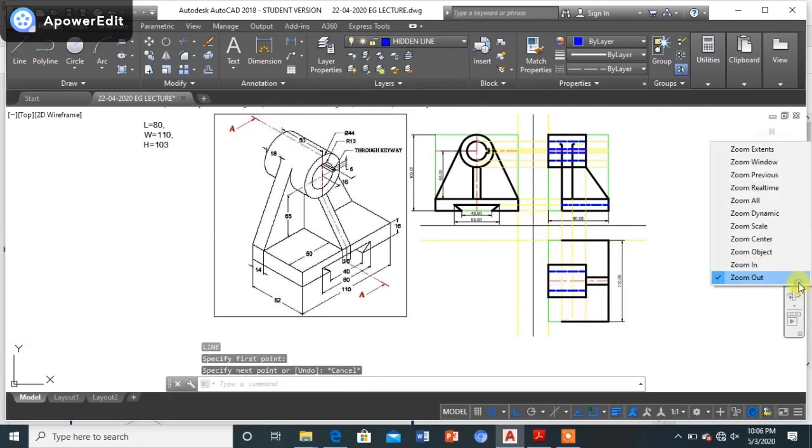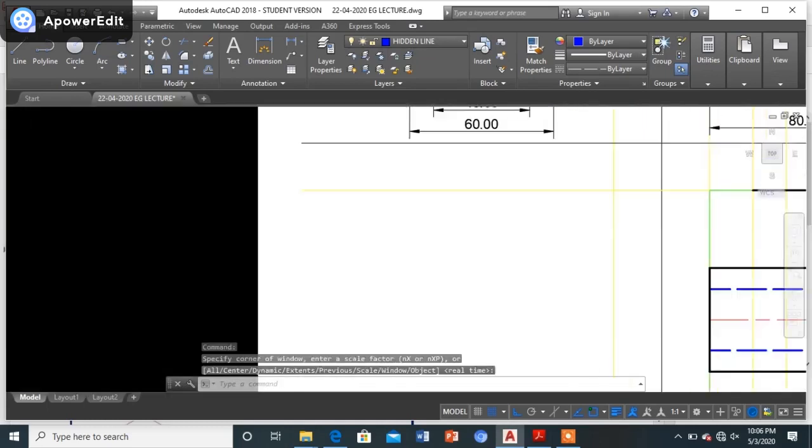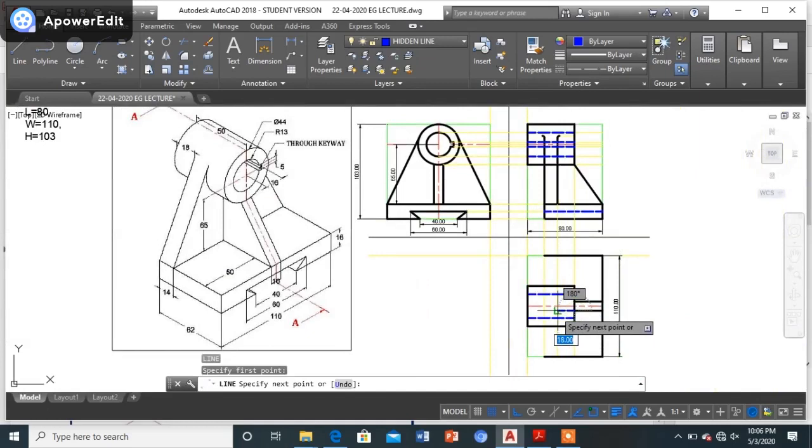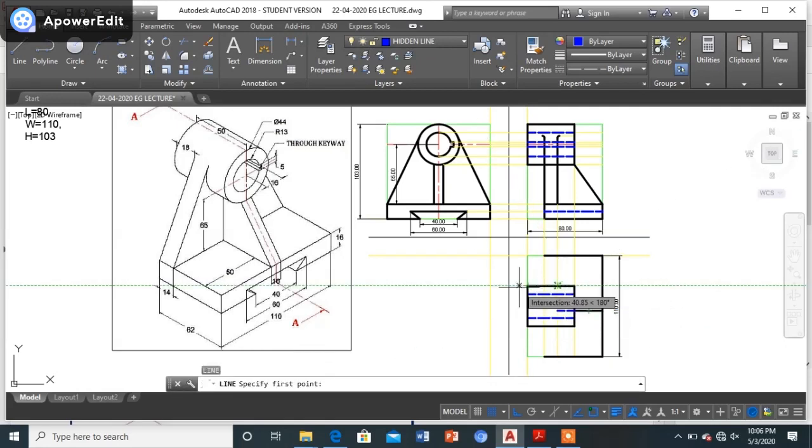Let me just zoom it in so that things will be clear and easier on my part. So from here it's till here, again from here it's till here. Once we are done, let me get from this side whatever the tangent points are there, we will be getting those very easily.